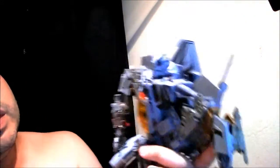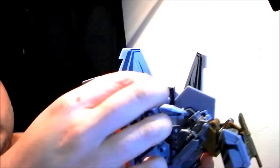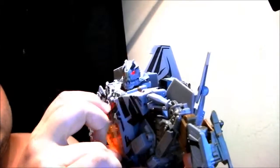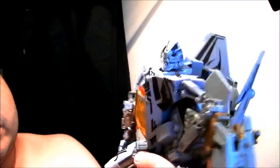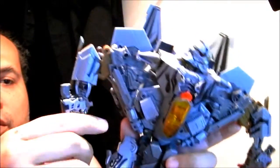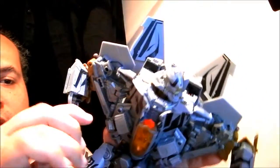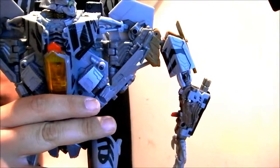So anyway, he's got lots of gimmicks. I've already shown you this. I wonder if it still works when you turn the head. Yeah, look, you can turn the head and it still opens the mouth and everything. The transformation was actually pretty awesome. As far as the leader figure for the movie, this actually, out of all the leaders that I have, let's see,